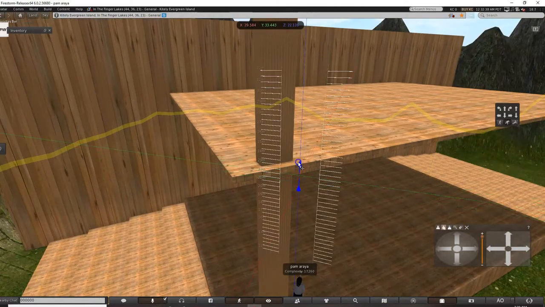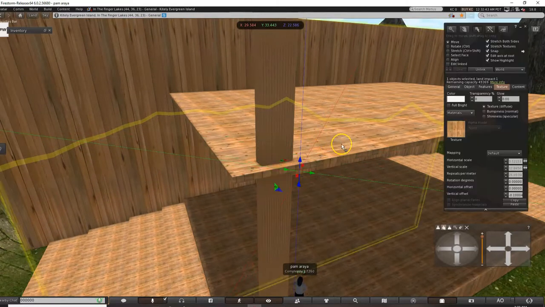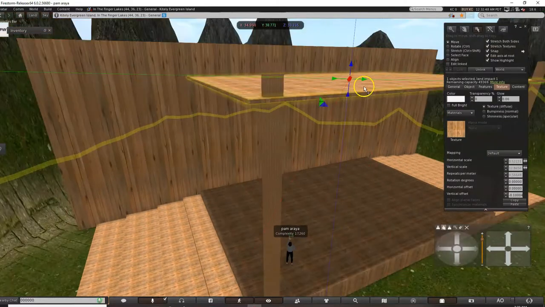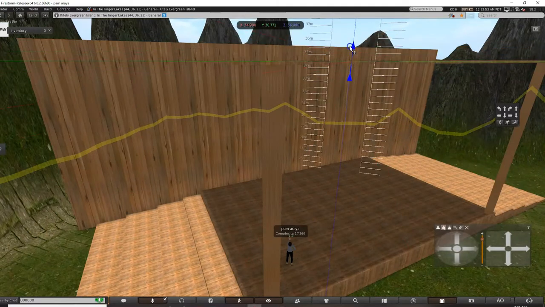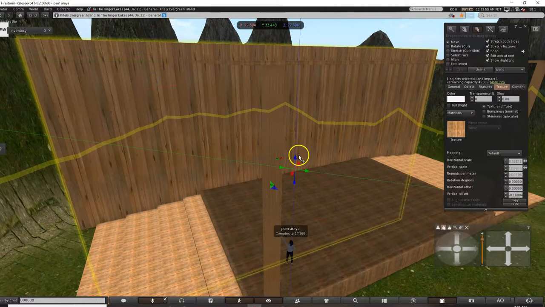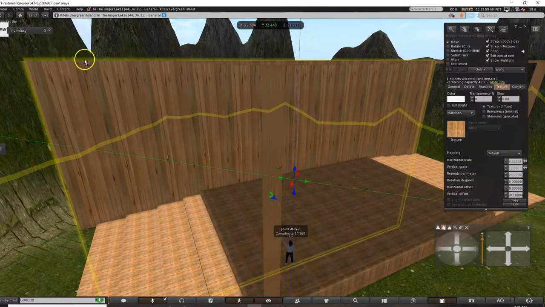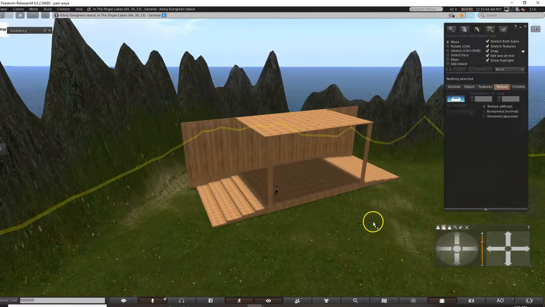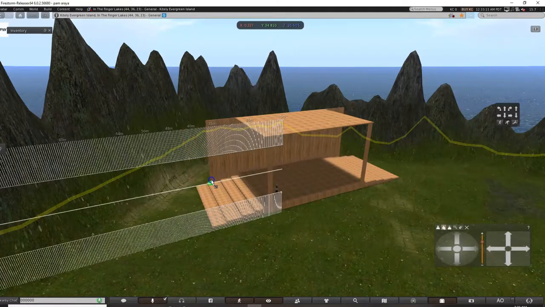Oops. This guy's fine here. That's the one thing with virtual worlds. It can get annoying sometimes with all their axes. Okay, so I must have raised this one too much. Now it's very annoying. There we go. Okay. So I don't know if this would look better like this or like this.